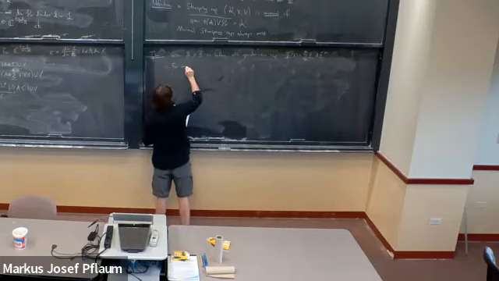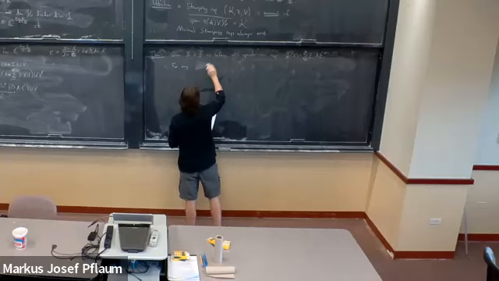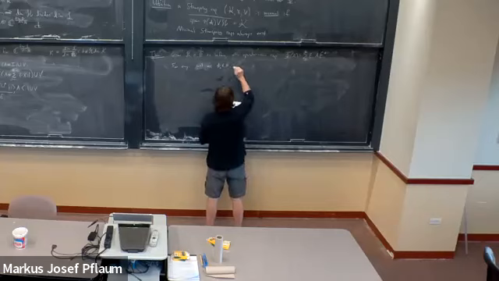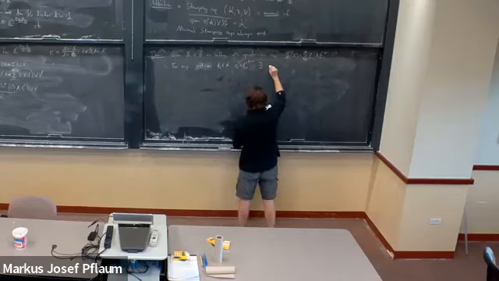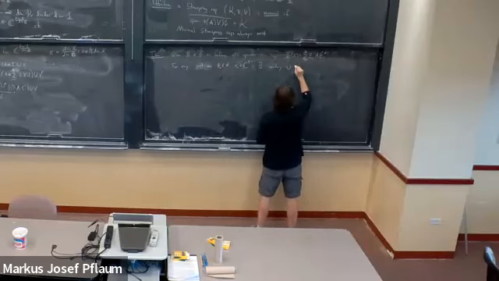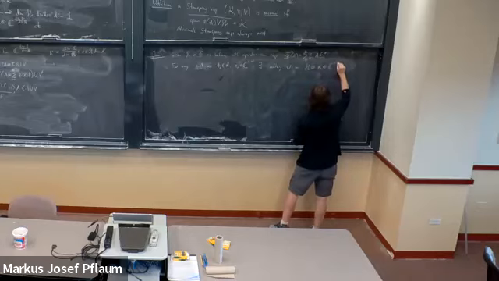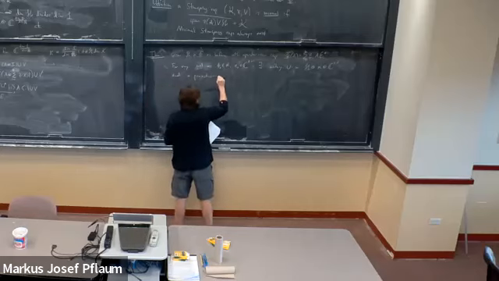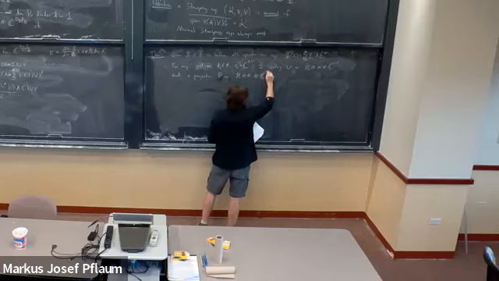So for any unit vector phi naught in K, and a unit vector E naught in C to the K plus 1, there exists a unitary U on H tensor K tensor C to the little K plus 1, and a projection P on H tensor K tensor C to the K plus 1,